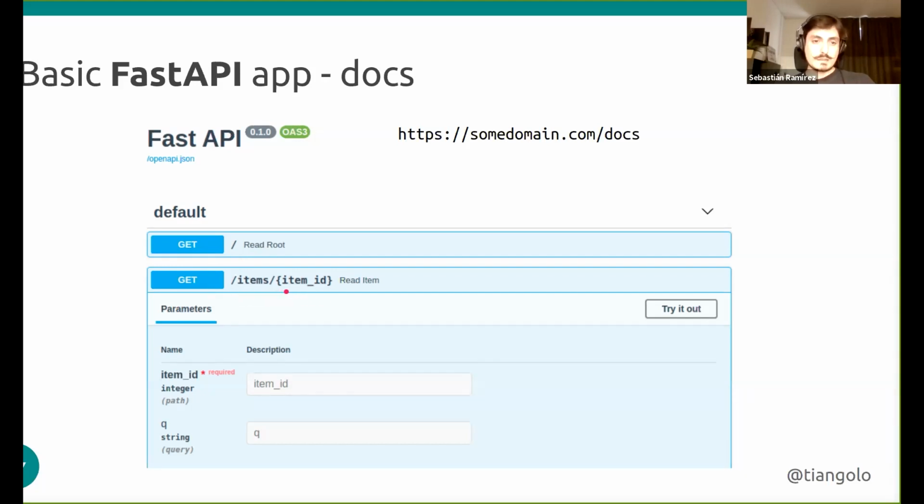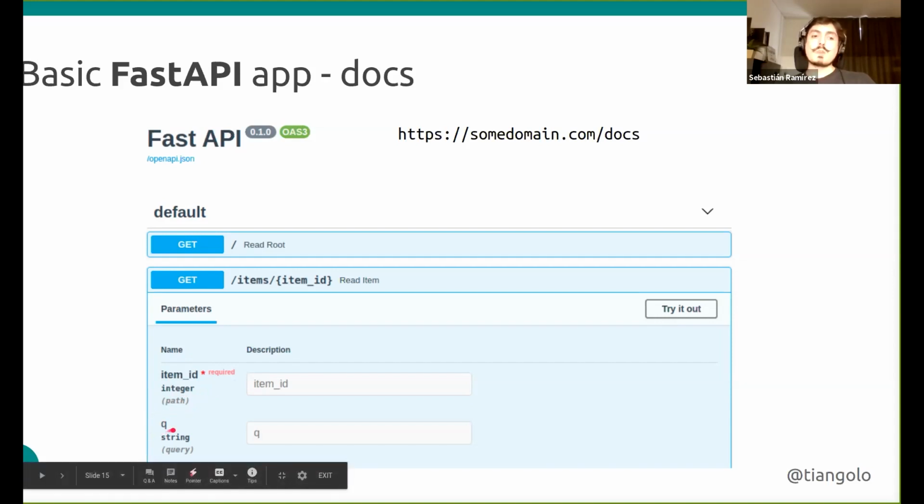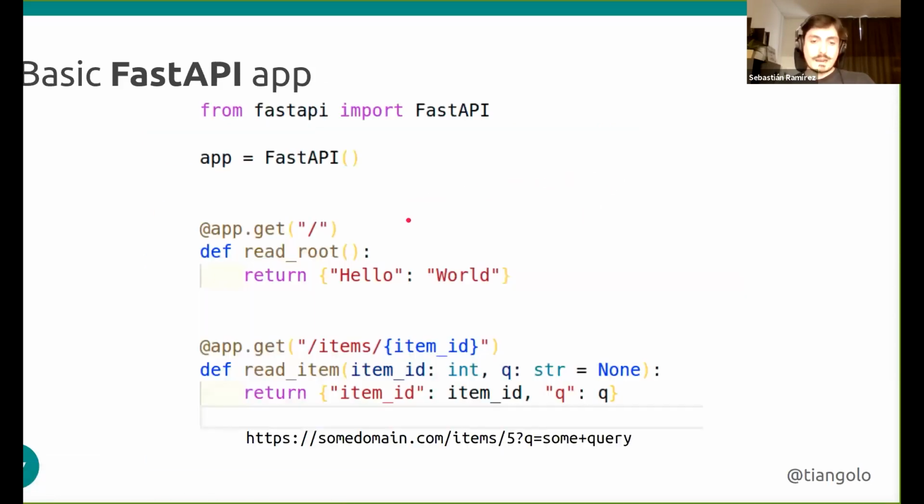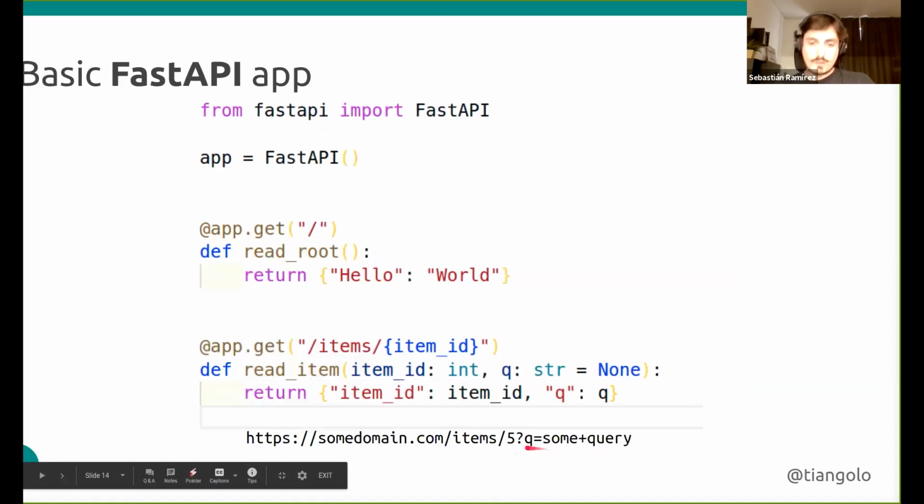Then we have items. We have the item ID, which is a path parameter. We also see it here, this item ID, which is required, and it's an integer. It must be an integer. It goes in the path, and we get the query that goes here, which is the same. If we go back, it's this same query that goes here. So just by declaring very simple